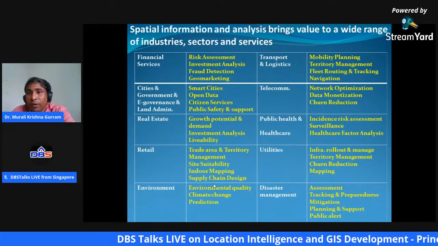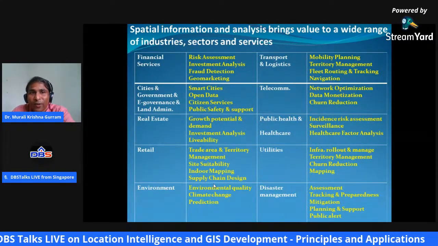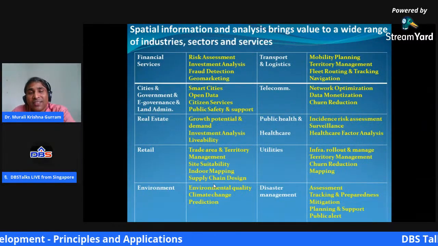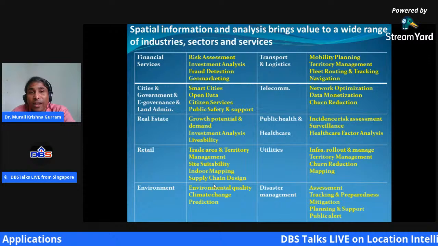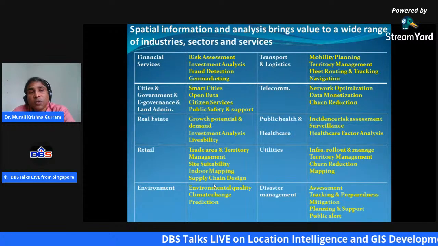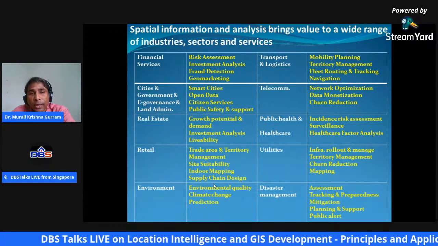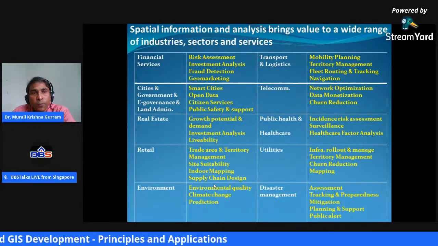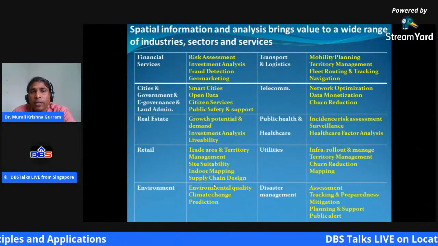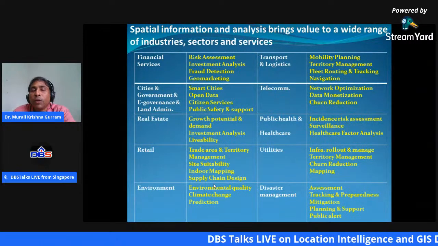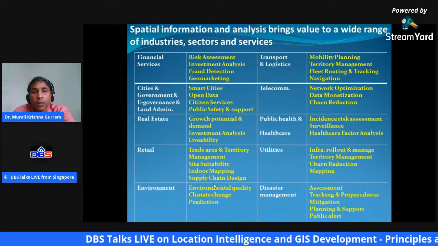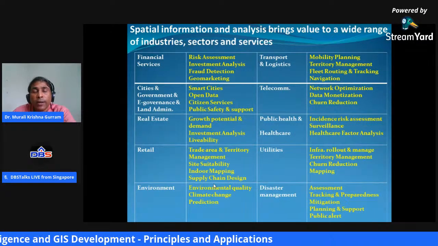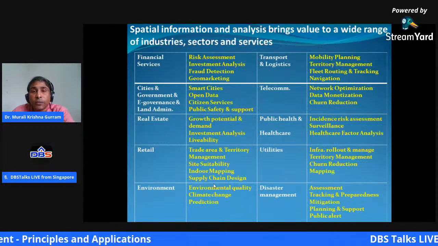They're totally unconventional sectors like history, archaeology, polity, biology, public health, media, entertainment. They are widely using this technology today. You name any sector, and you will not find any sector which is not utilizing the power of spatial information technology, or the prowess of its analytical capabilities.